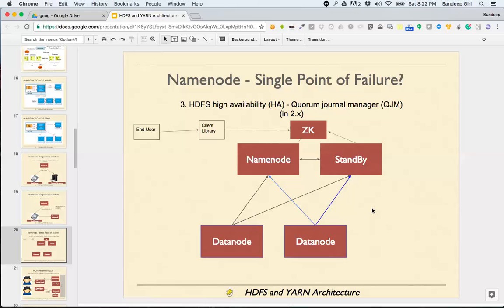Now, what does it mean by Zookeeper? You see that there's an end user. The end user is using a client library, the way you use Hadoop FS, correct? And this client asks Zookeeper. You can always think of Zookeeper like a whiteboard on which everybody writes their name.